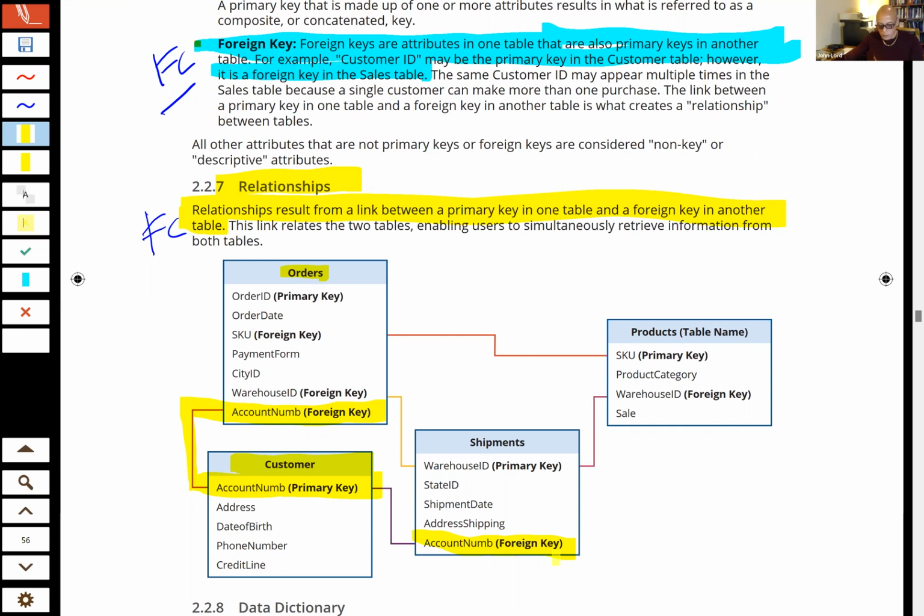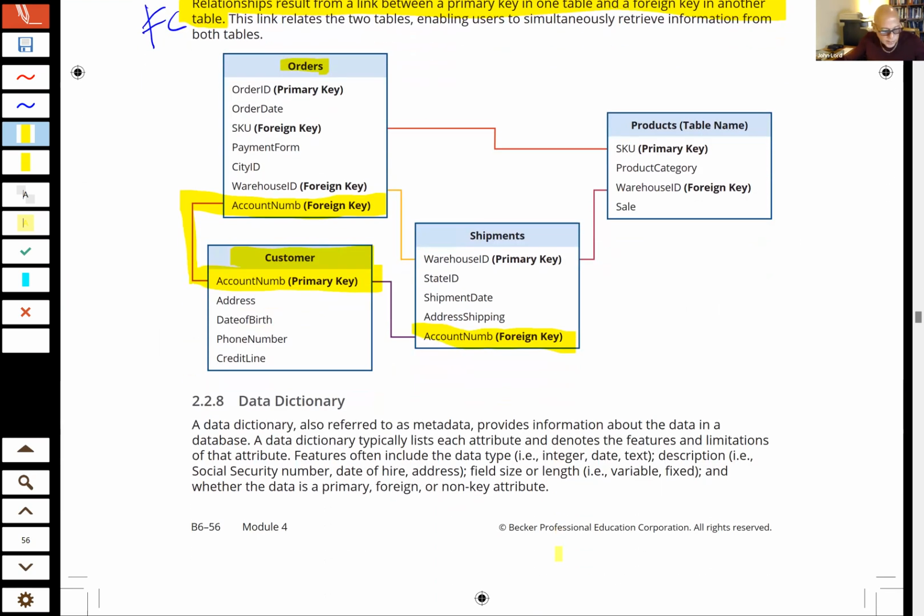Okay, good. Now, anytime you're going to be dealing with data like this, you need a data dictionary. It's also referred to as metadata, and it provides information about the data, the type of data, etc. Before you do this type of analysis, you've got to have a data dictionary that's going to allow you to manipulate that data in the manner that you want to.